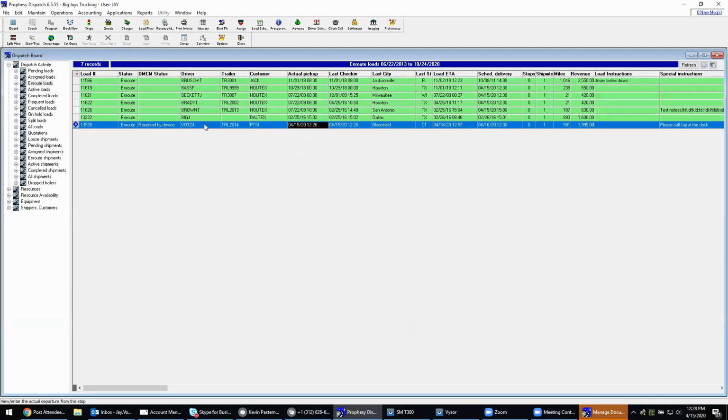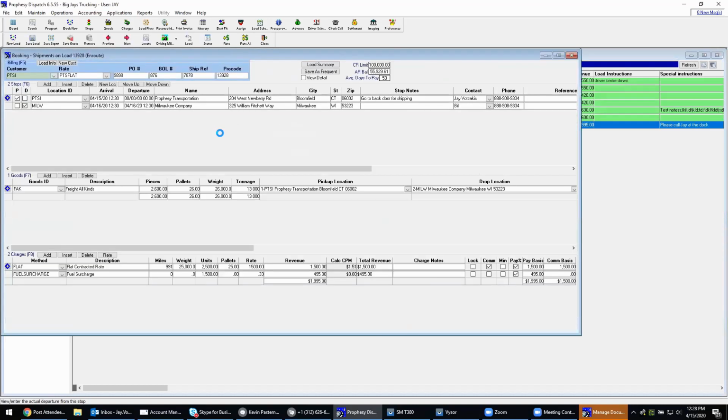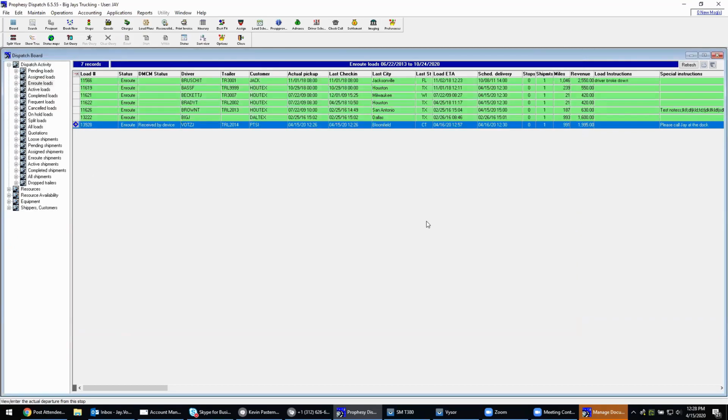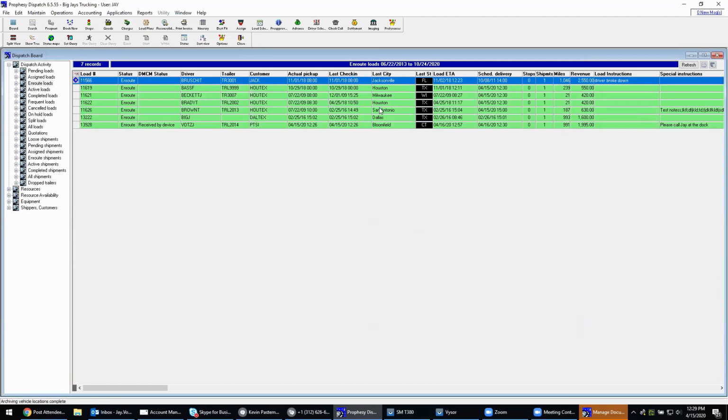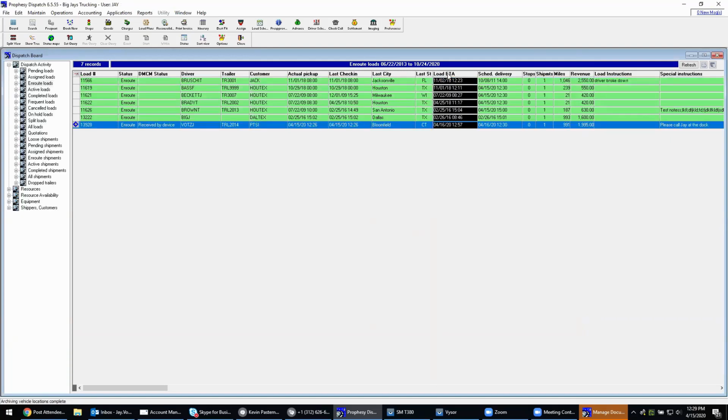I'm going to go into the load to show you some of the information that I modified. So I added that bill of lading number, and I modified all these numbers right here in the middle. Another integration point before we go back to the app is we are also pulling in GPS readings. That's on a timer as well at any frequency. We're updating this information right here with the GPS information. So last check-in, last city, last state continually happens through GPS points,